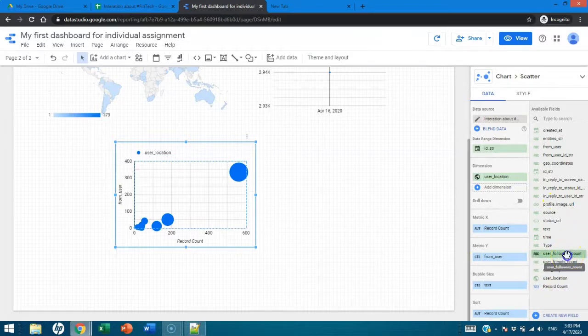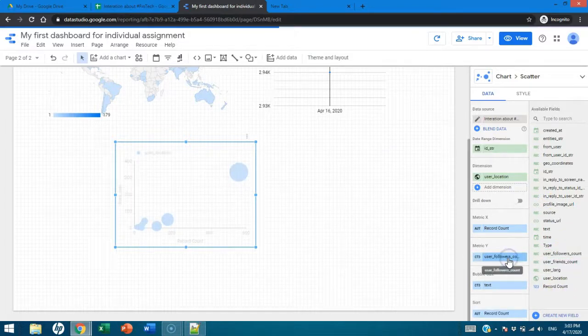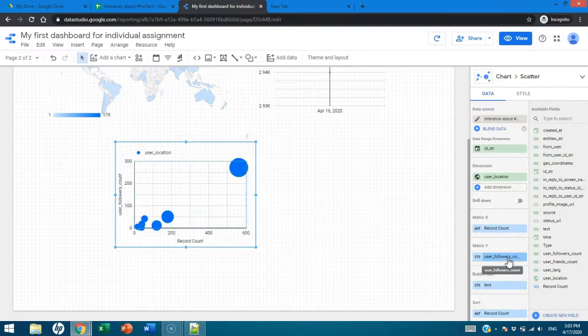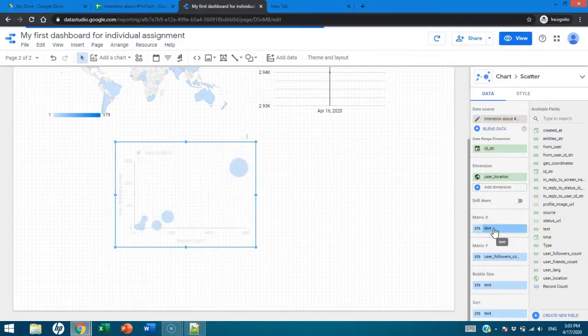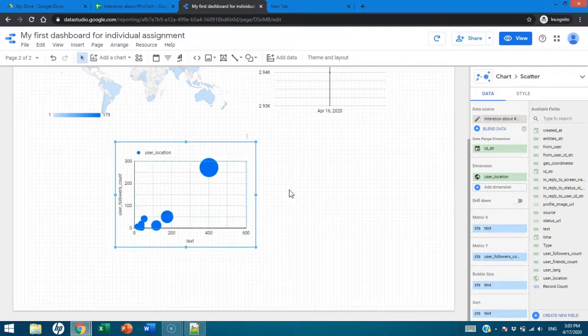Where is it? Follower count. And then the x-axis, let's see if we can get tweets. I don't know, yeah, so basically it gives you the relation whether those who have a higher number of followers